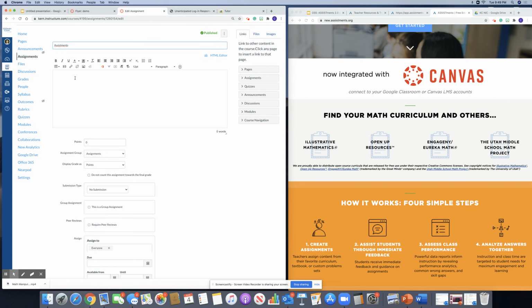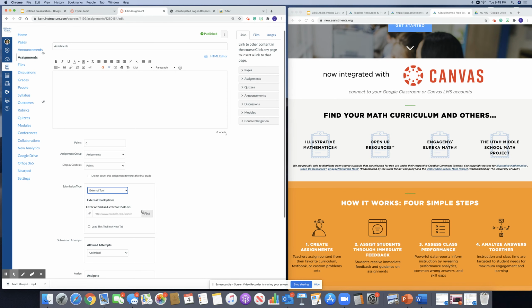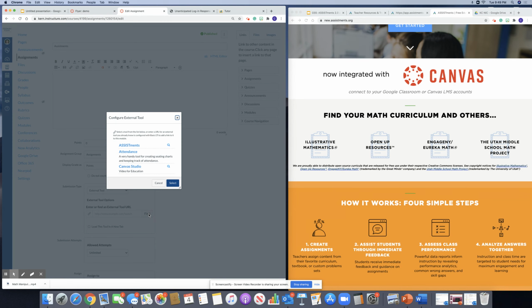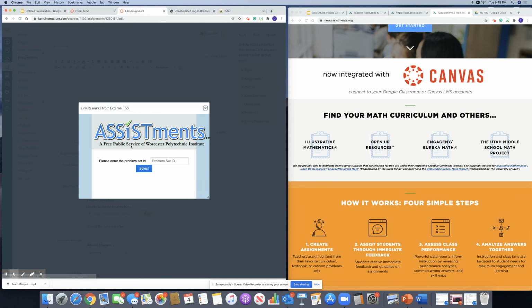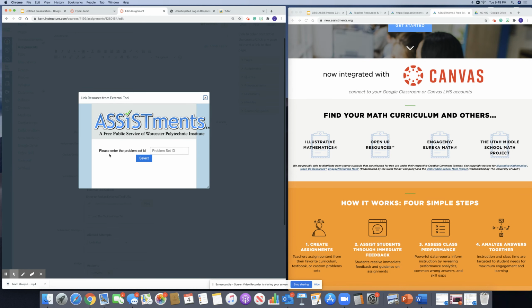Okay, I could add some details to the page if I want to. And then I'm going to come down to submission type, and I'm going to select external tool. Okay, then I'm going to click find, and I'm going to click on assessments. Okay. Then this is going to open it up, and it's going to ask you to enter the problem set ID. Okay, so I need to go get my ID for the problems that I want to add or import